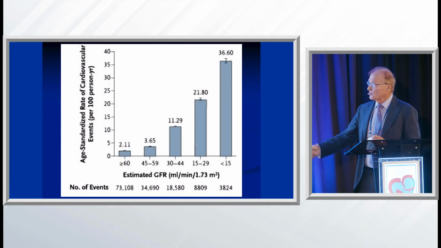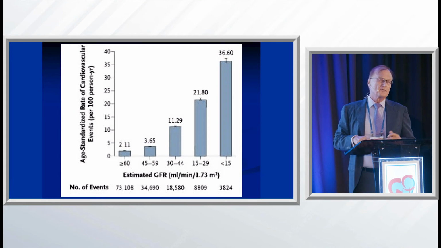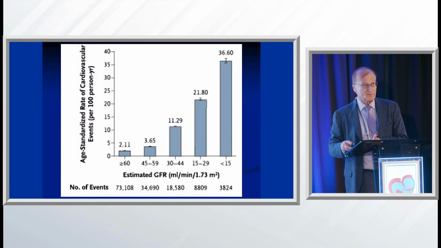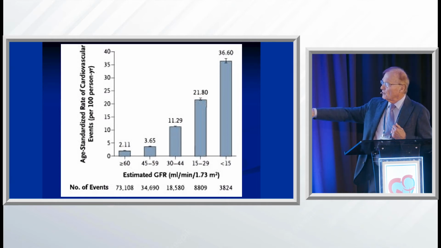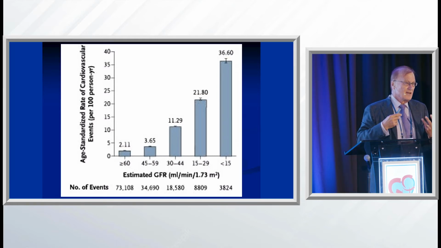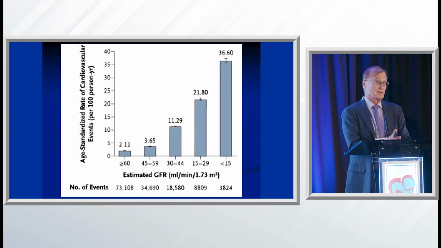What it shows you is, look at the eGFR, and these are the events per 100 patient-years. That means it's either 10 patients followed for 10 years or 100 patients for 1 year. So basically, if you go below an eGFR of 45, the middle column, you already have 11 times greater cardiovascular events, which would be either MIs, CVAs, and very importantly, heart failure.